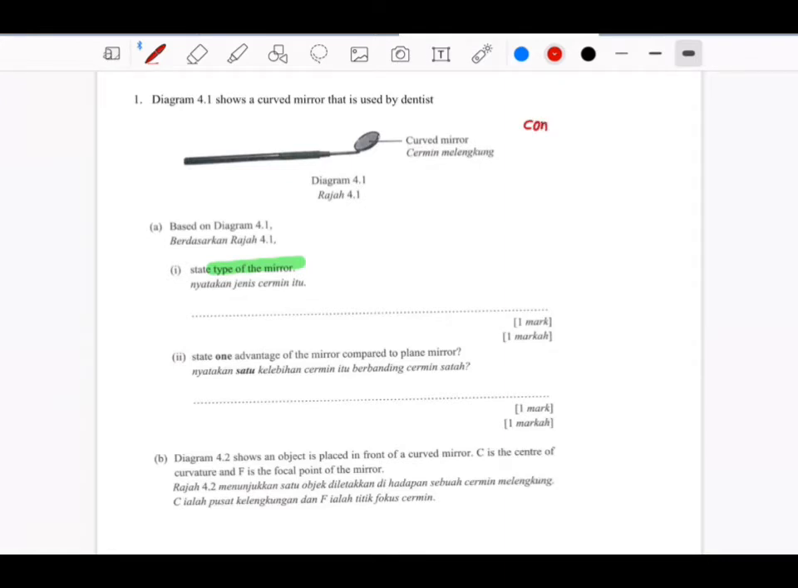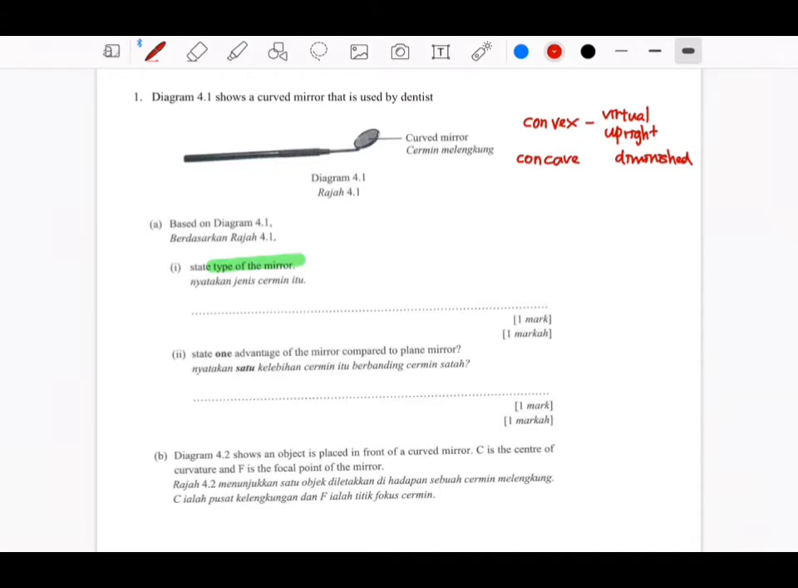For curved mirror, we have convex and concave mirror. For convex mirror, the characteristic of the mirror will always be virtual, upright, and diminished. But the dentist mirror is going to help the dentist to inspect your teeth. Hence, the image needs to be enlarged. So this only can be done by concave mirror. So the type of mirror is concave